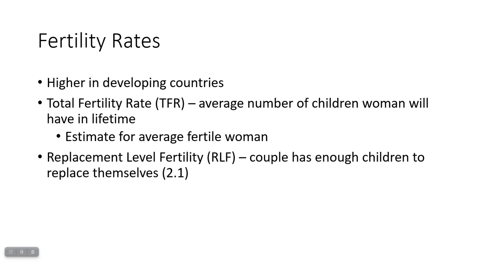And then if you have a total fertility rate of 2.1, that is called replacement level fertility, where a couple is having just enough children to replace themselves. And if you're thinking, well, shouldn't that be two? Where's that point one coming from? That point one is like every 10th couple will have three children. Keep in mind, this is an average, so it's not like somebody's out there saying, okay, this couple can have two children, this couple can have two children, this couple can have three children.